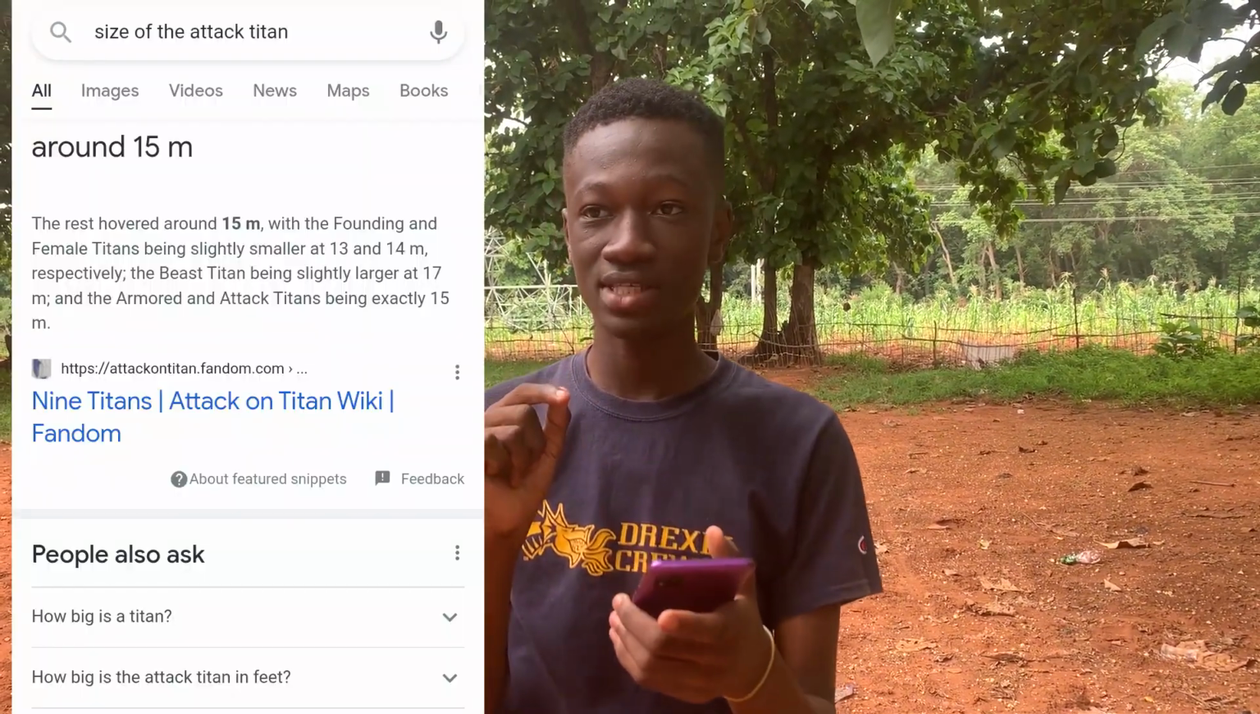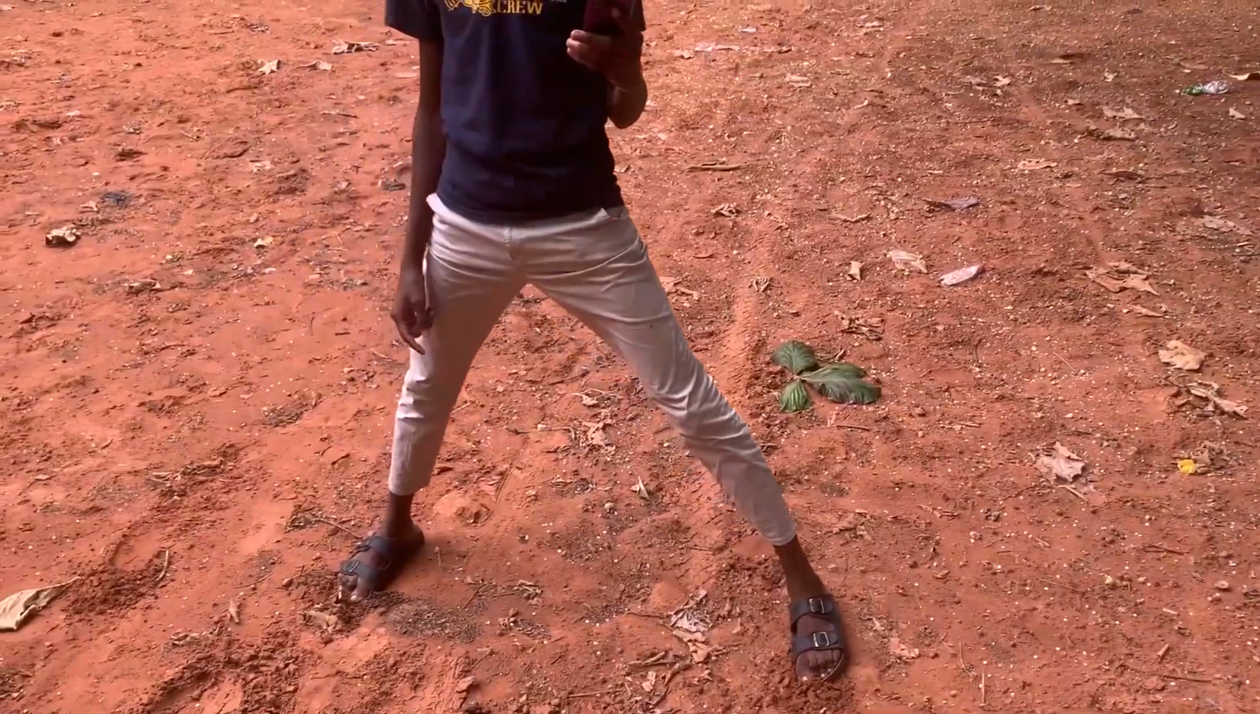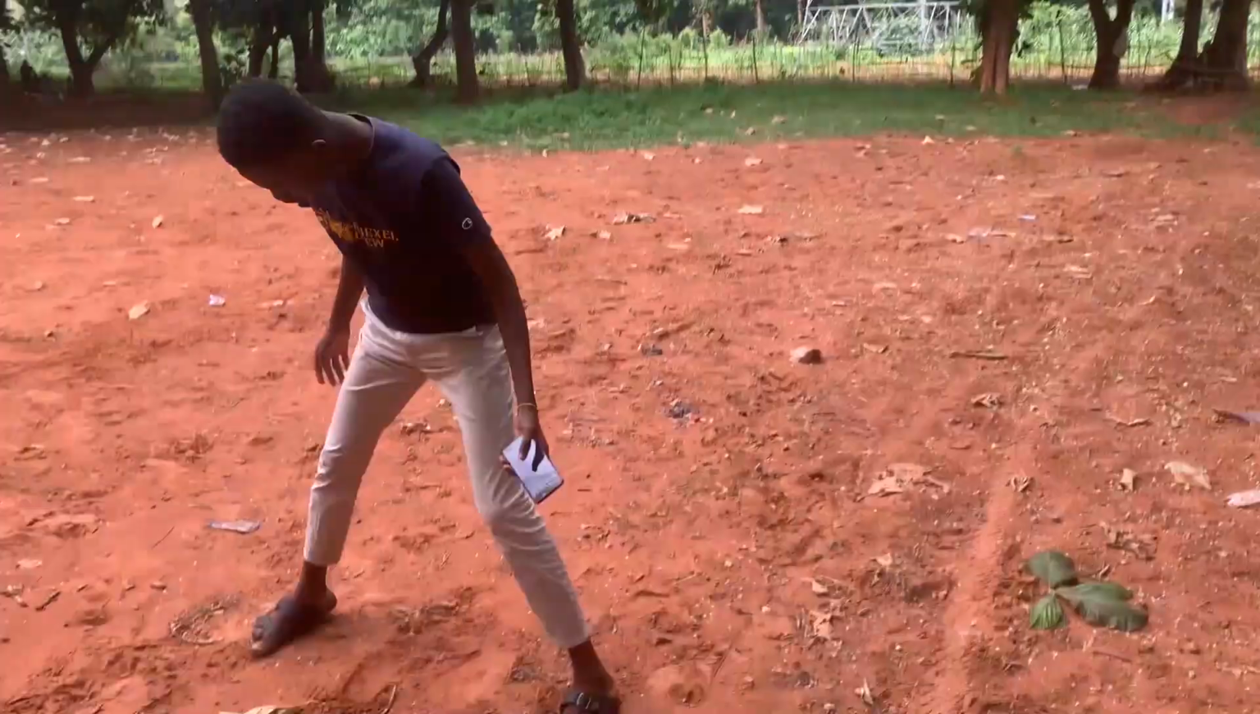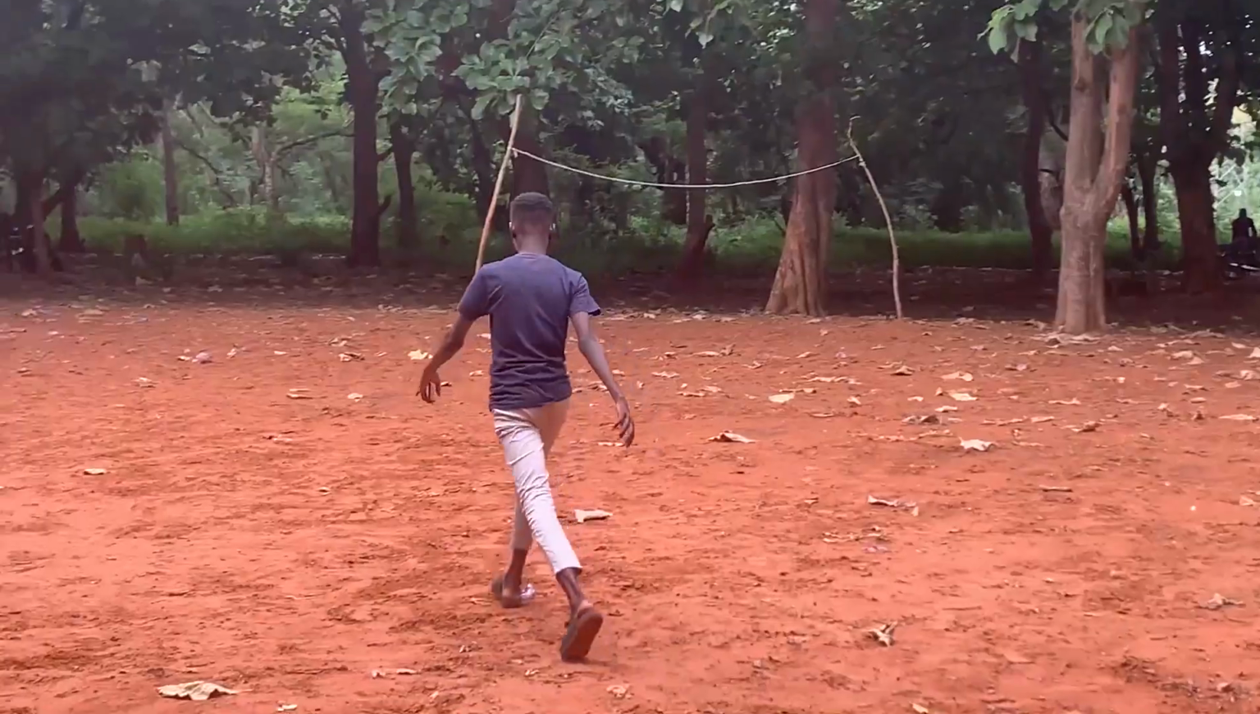Okay. According to Google, the size of the Attack Titan is 15 meters. I need some camera data because if I'm to do it inside of After Effects, it will be nice, but it's going to look fake, and I need some sort of handheld movement. 1 meter should be, if I'm to really judge, 1 meter, we are just approximating. So 2, if we start here,